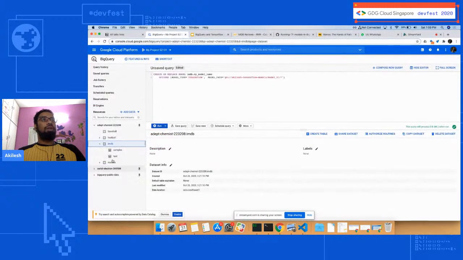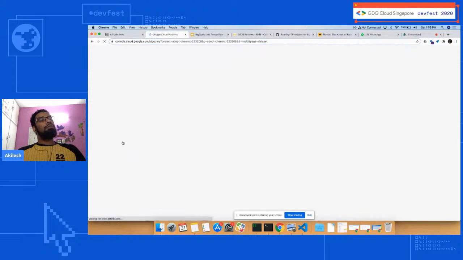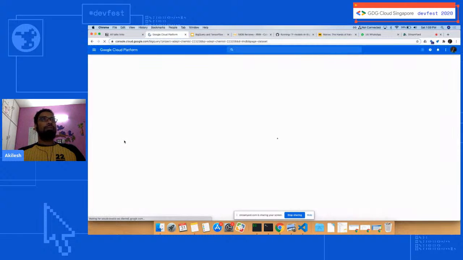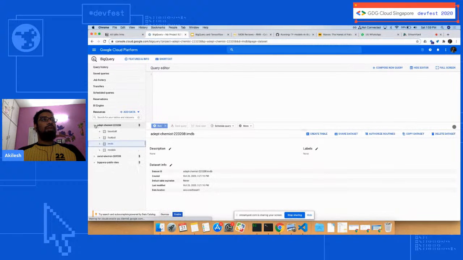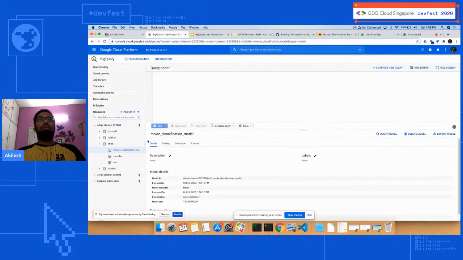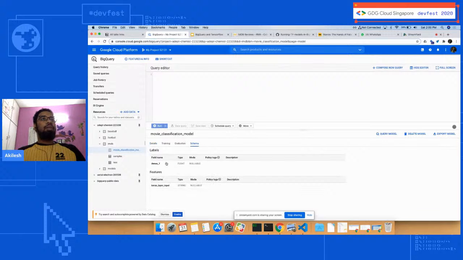And if you look here and refresh this, go into my project ID, IMDb. Yeah, the model is created for us. It was 1:58 my time, it's 1:59, so it was just created. So if you look at the schema of the model,